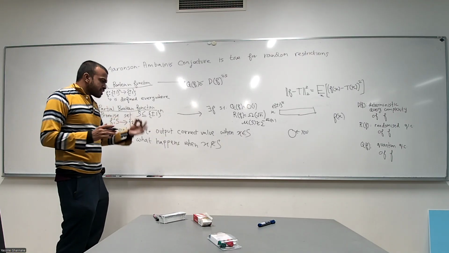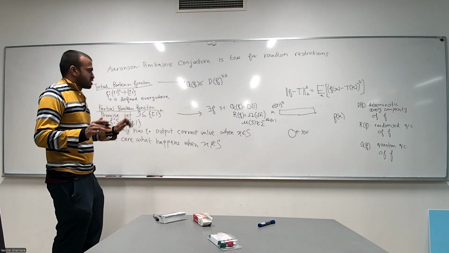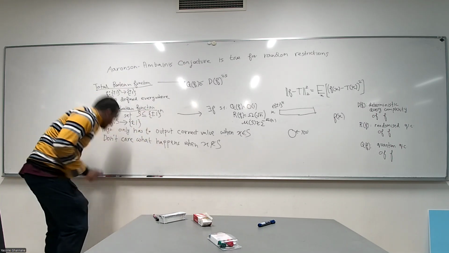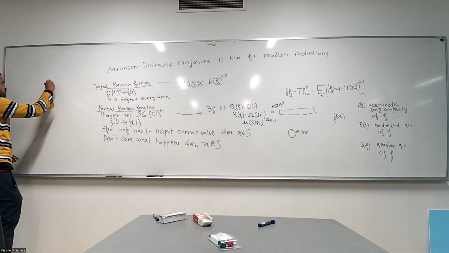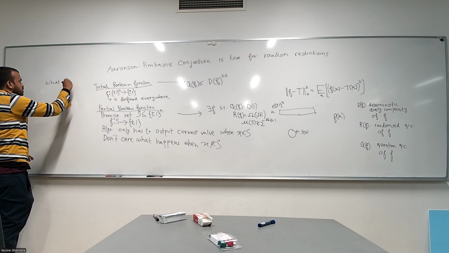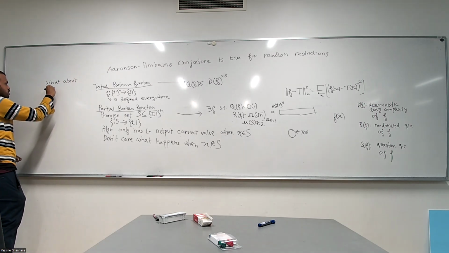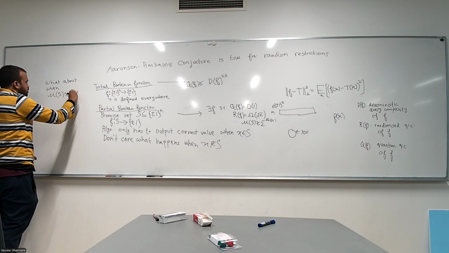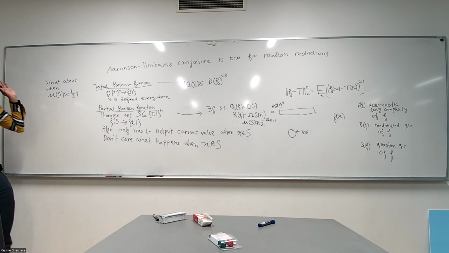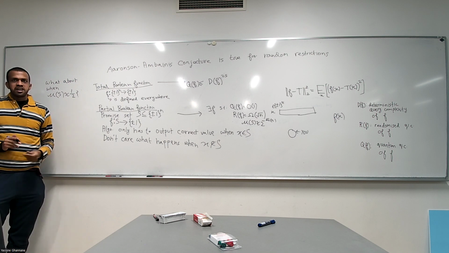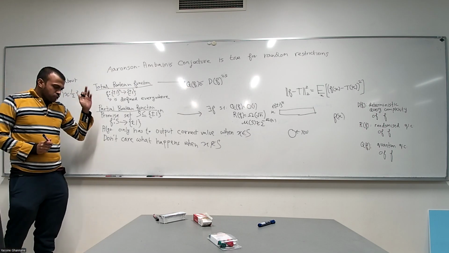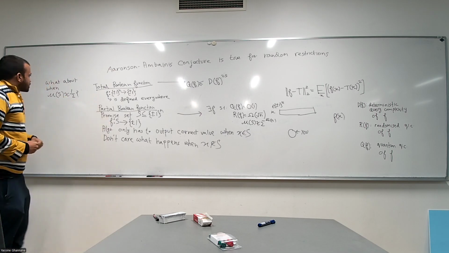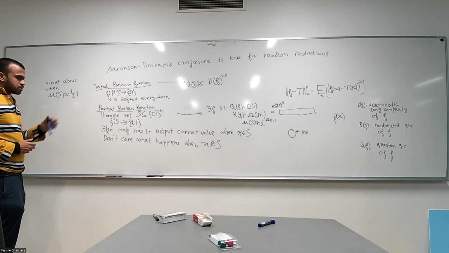So now the question we're interested in is what happens when the promise set has no structure. So let's talk about this situation. Let's ask what happens when the promise set is around half. So it's not defined everywhere, but it's defined on a large fraction of the hypercube. Can quantum query algorithms still be simulated by classical query algorithms? And this is the question we will be interested in.